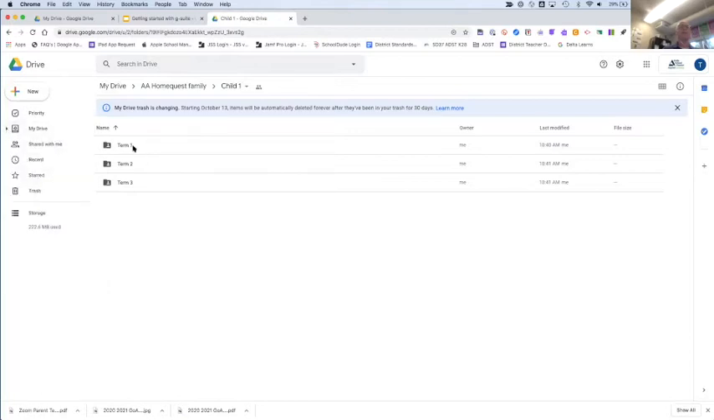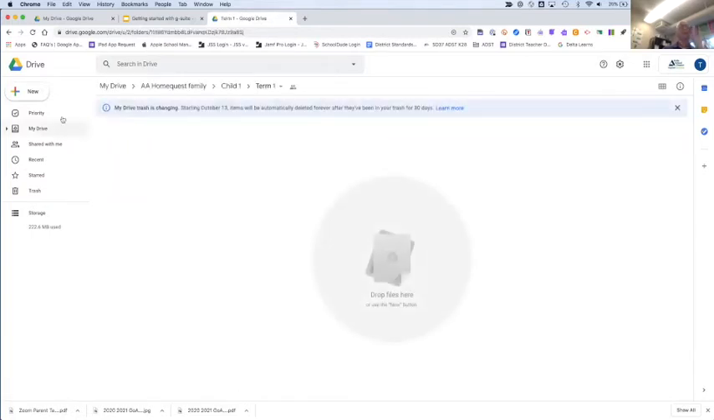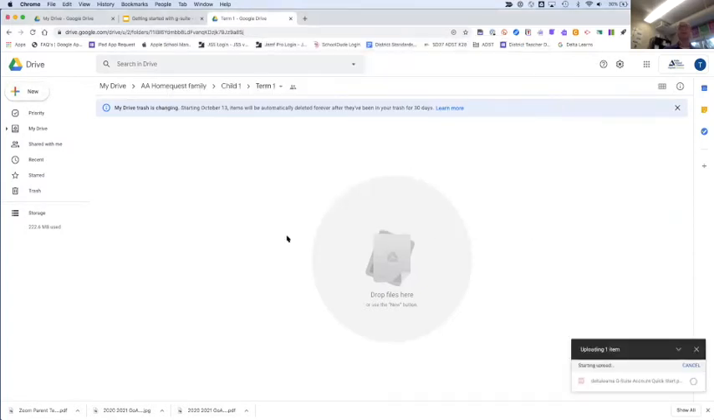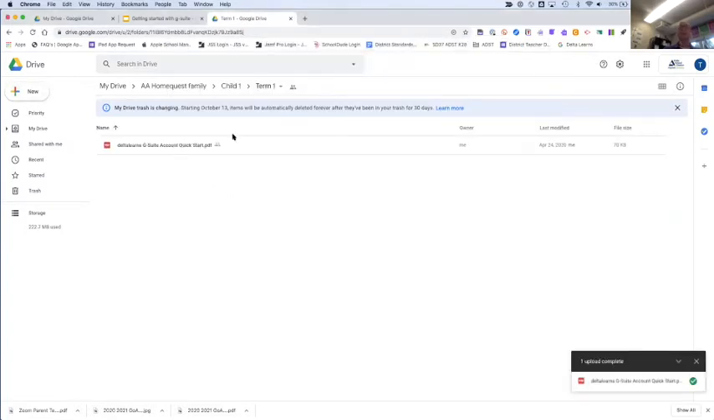Now, one of the questions that we had was, how do I upload something from my computer? If I go into the folder and go to New again, we have an option for File upload. When we go to File upload, it's going to bring up our computer, and then you just have to navigate to wherever you've saved that file. I cannot help you with that. You'll have to find where you saved it and then upload it. So for instance, if I had this open, it's going to upload that PDF into this folder. So that's how we get things in from